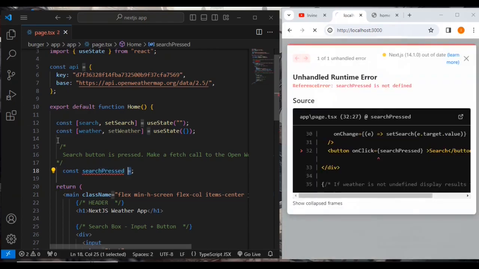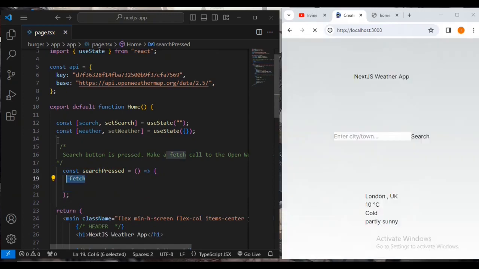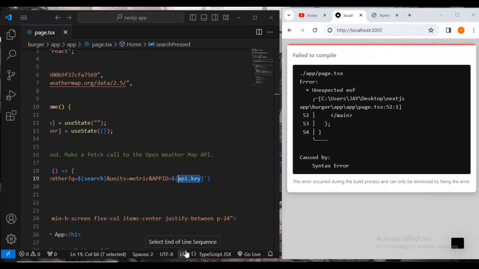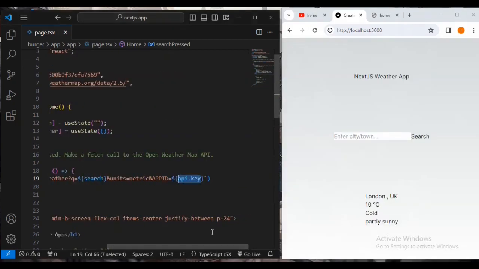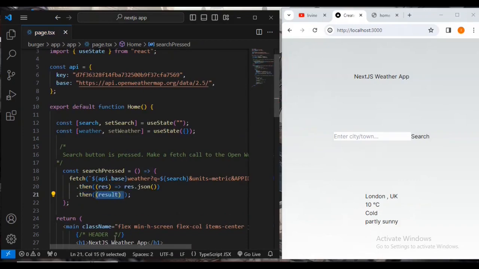If it is clicked, we are going to have a function that will fetch an API that we declared, as you can see on line 6: api.base, weather, optional query, search, units equals metric, api.key on line 6. So this will search our API using the key and the values on line 6 that we declared at the top. Then const api, dot then, it will collect a JSON file, then dot then result